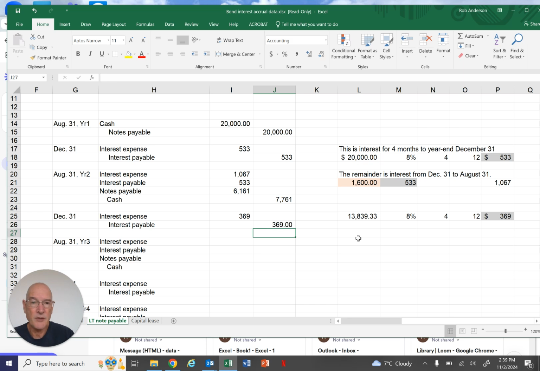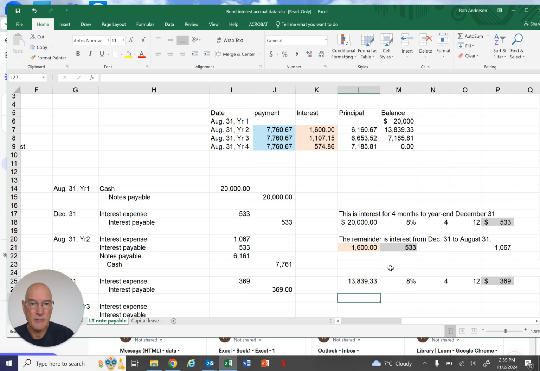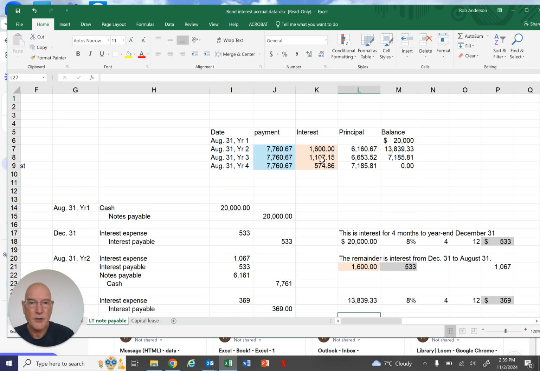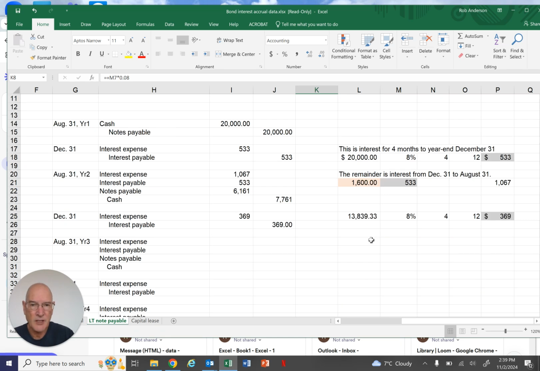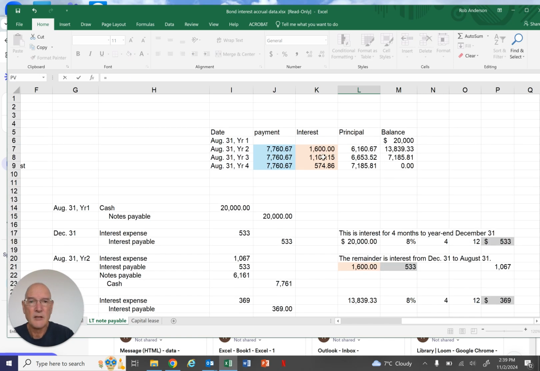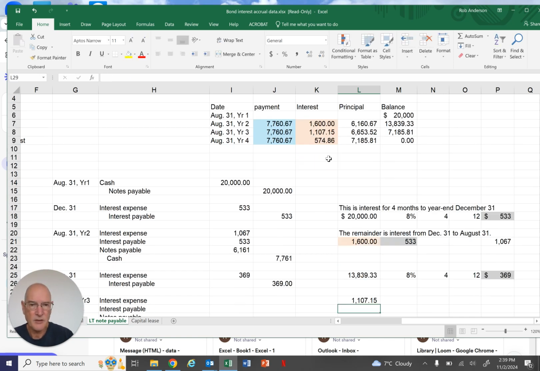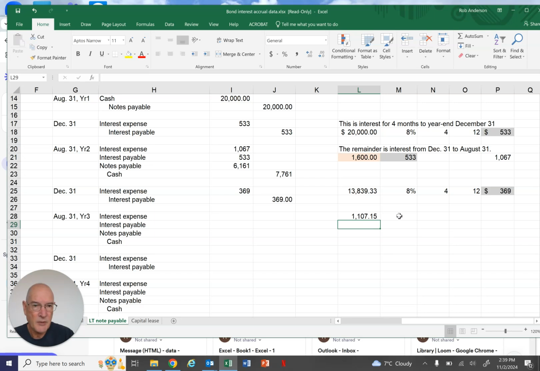Now what's the difference? Well, let's look at the table again. Our total interest expense for that second year of the note is $1107.15. So I'm going to take that number. There it is. And I'm going to subtract the interest we already accrued. Now just over here we accrued $369. The difference between the two,